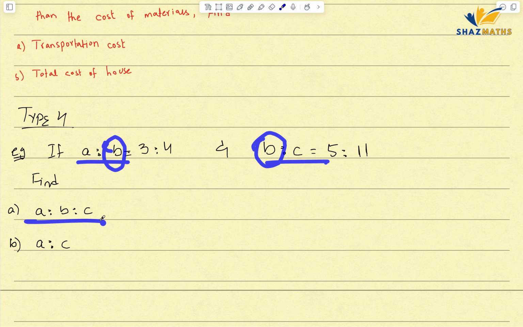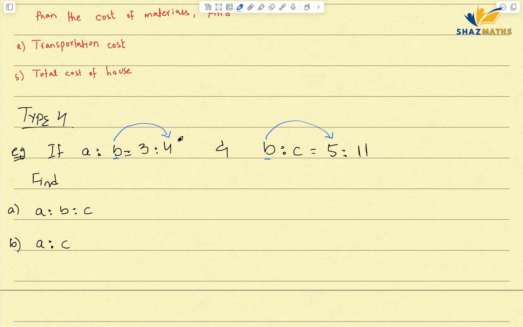So whenever you are experiencing such questions, the technique is to make that common variable or common pronumeral the same in both of the expressions. I can see the value of B over here is corresponding to 4, and the value of B over here is corresponding to 5. So I will take the LCM of 4 and 5 just so that I can write that B as ones in this expression. The LCM of 4 and 5 I know is 20. I'm going to multiply it by 5 and multiply this by 5 as well,